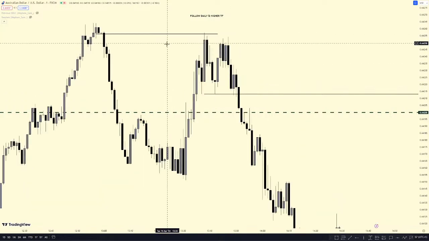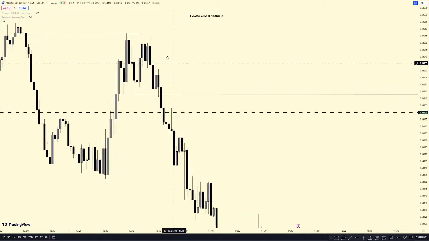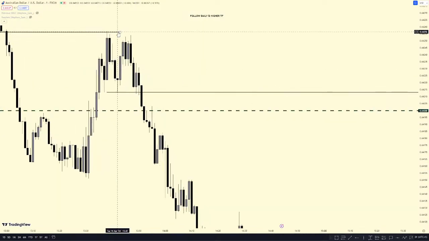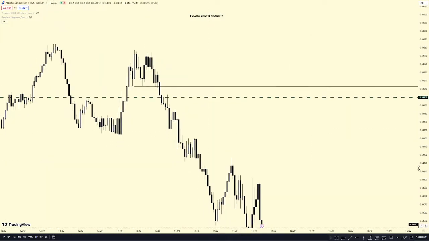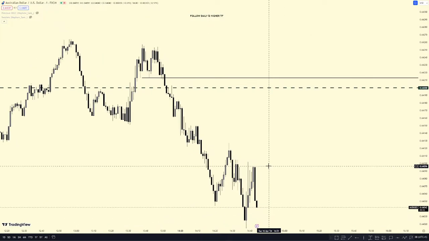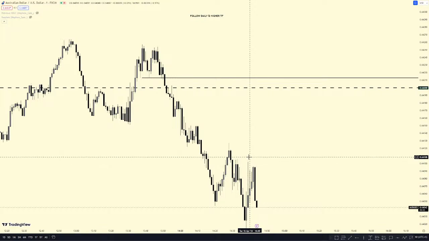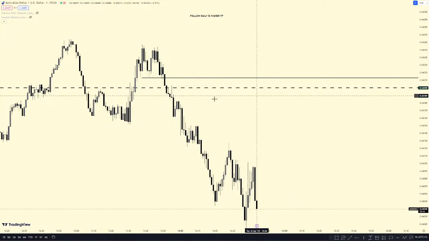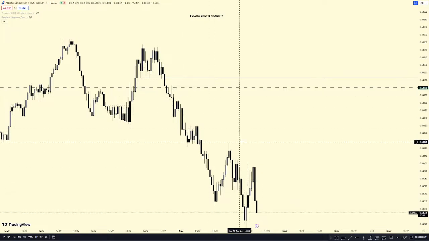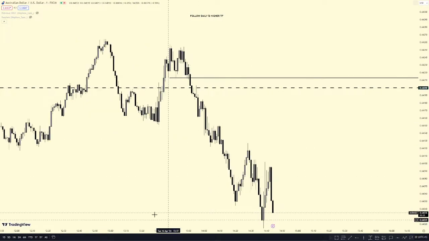The more you refine, the more likely you are to miss the trade. Understand? And personally, I prefer taking a stop loss than missing a trade. I don't know about you people, but that's just me. I prefer taking that stop loss than missing the trade. But if you're a beginner, please let it be the opposite for you. Okay. Now let's proceed. So I'm anticipating price delivering to that level.